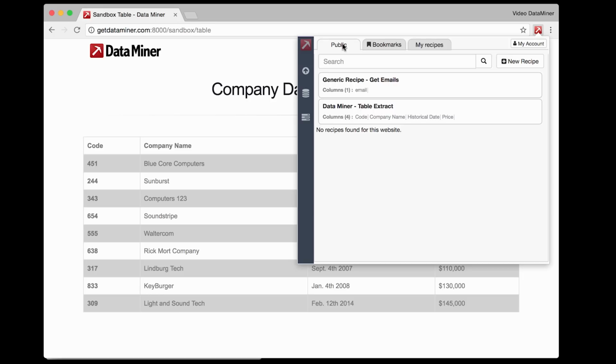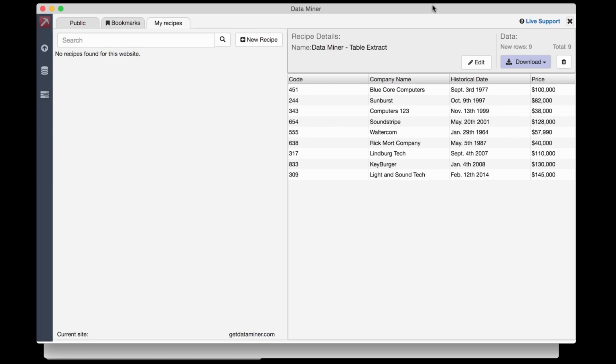This window is displaying all of the public tools for the site, or as Data-Miner calls them, public recipes. A recipe is simply a set of extraction rules that Data-Miner uses to capture the data. Now, select a recipe for the page that you're on and the type of data you want to capture. Recipes are written by our users and created for specific pages. So, since we are currently looking at a Data-Miner page, we'll select a Data-Miner recipe, and we want to capture a table, so we'll select Table Extract, let the recipe run, and then just like that, we've miraculously captured the